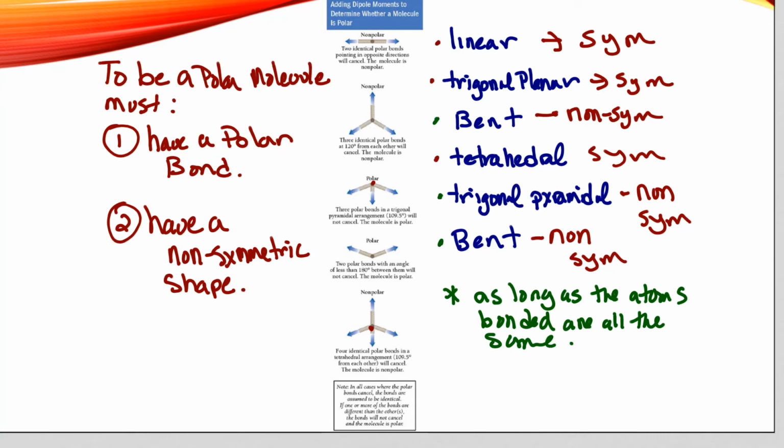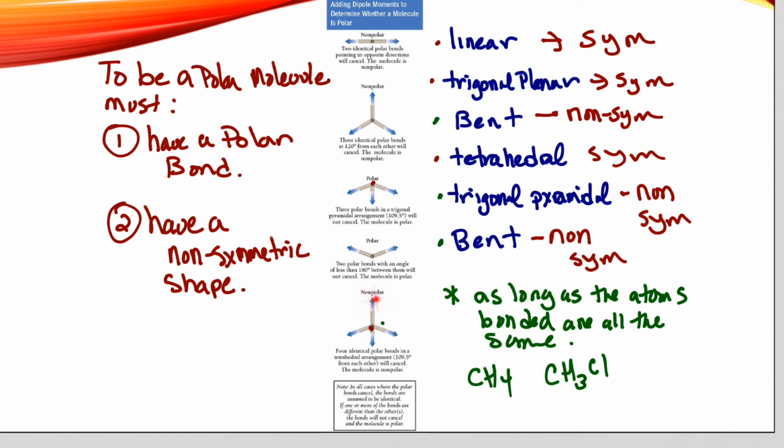What I mean by that is that this would be fine if we apply it to something like CH4, right? Where all 4 of the hydrogens, all 4 of the atoms around the carbon in its tetrahedral shape, are going to be the same. But if we all of a sudden change some of these to different atoms, so if now